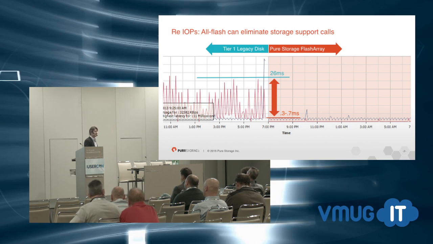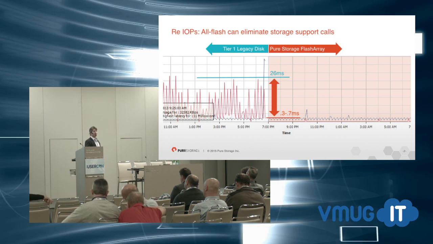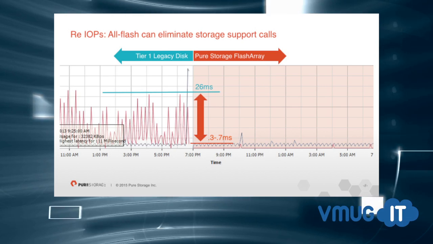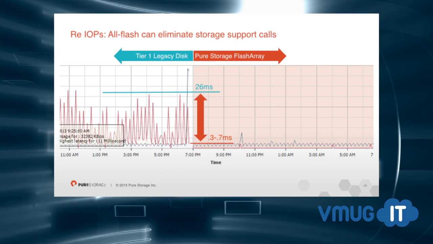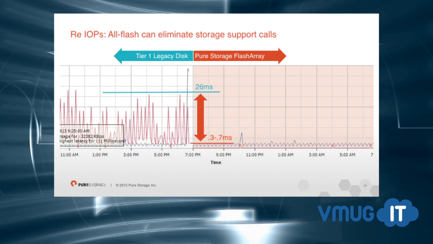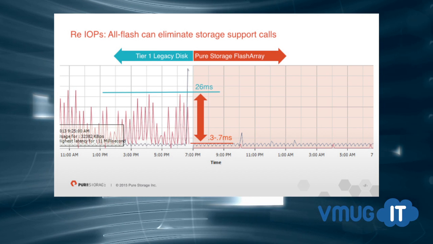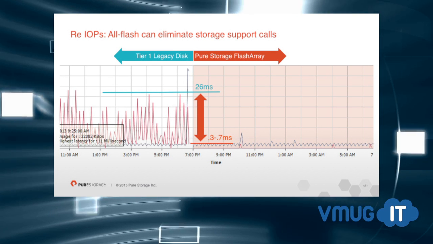And this is where you see the second benefit of all flash arrays for the non-performance seeking customer. Because there's 10x the number of IOPS, the platform is natively more capable to respond to a change in workload without you having to take any action or the infrastructure take any action. So this is an example of a customer, and you may have seen this in other formats before in the past, but you can see here how the customer's latency spikes based on changes in the workload, and when they move to all flash, it just levels out.